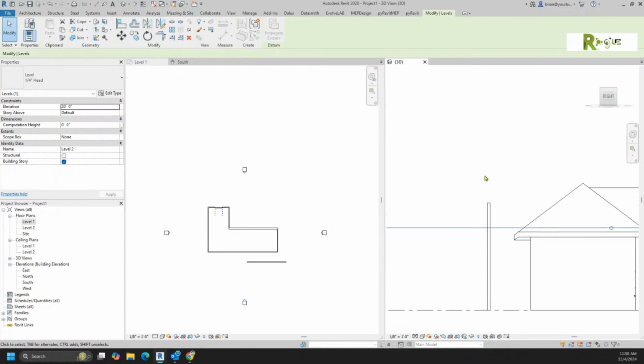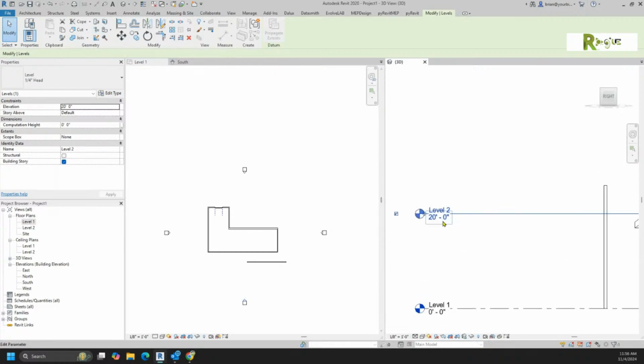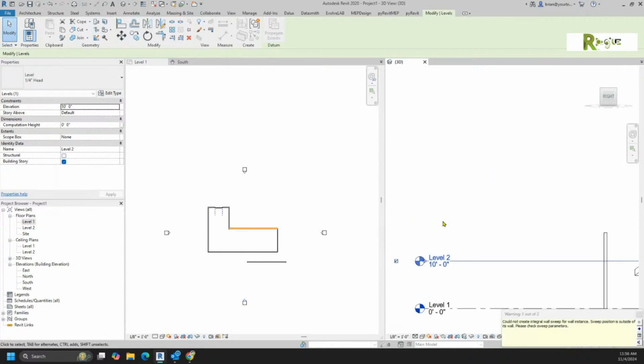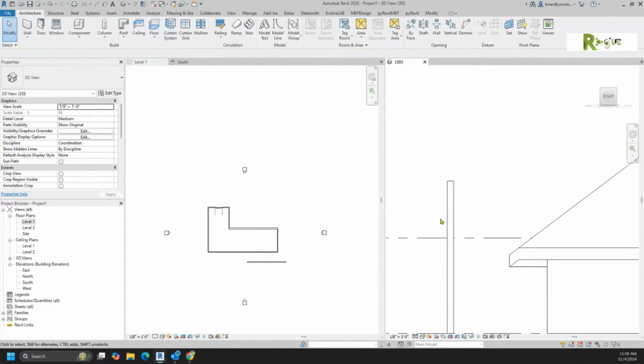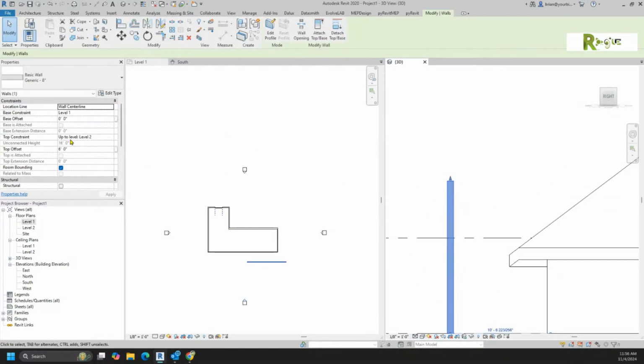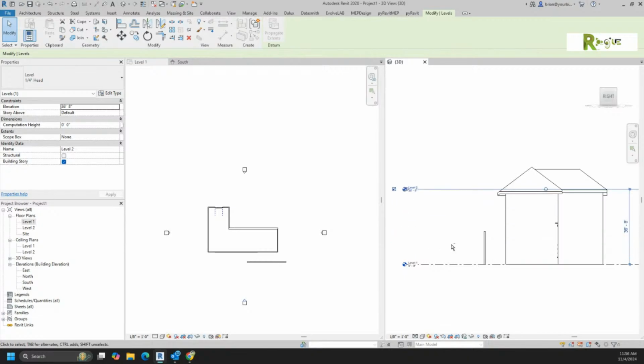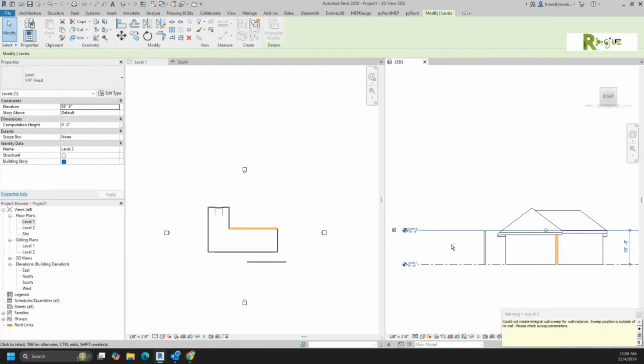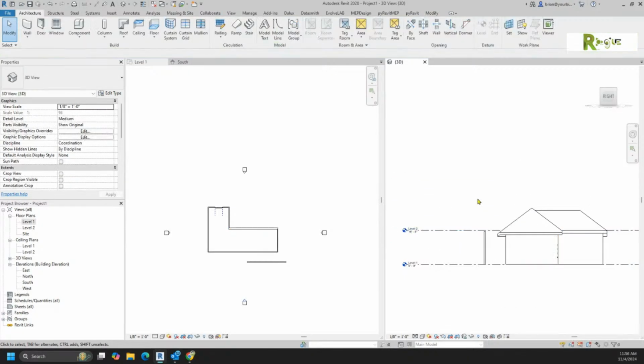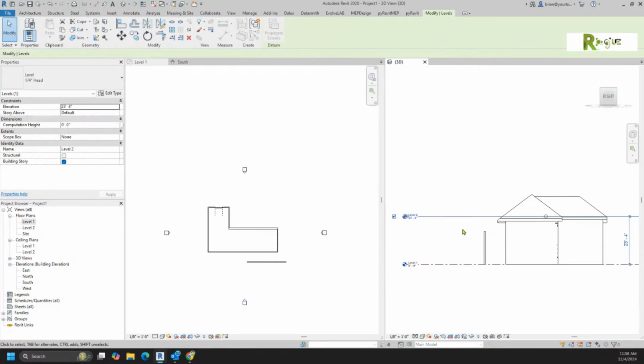Another way I could have drawn this, if this is at 10 feet, is that I could have picked this wall and said this wall didn't go to level 2, but instead was unconnected and went up to 16 feet. Now you'll see that that wall doesn't grow with it. Does that make sense? So it's almost like hosted and non-hosted in a way. It is exactly, not in a sort of way. It absolutely is